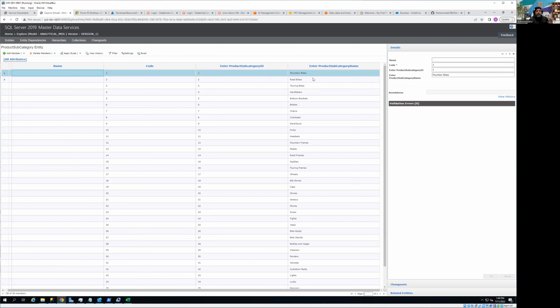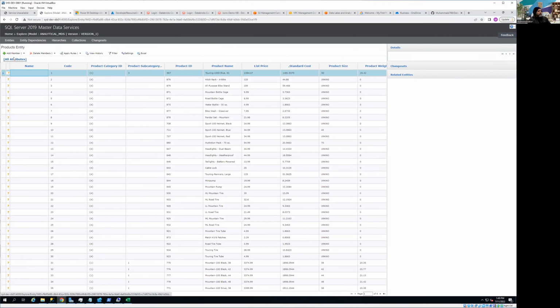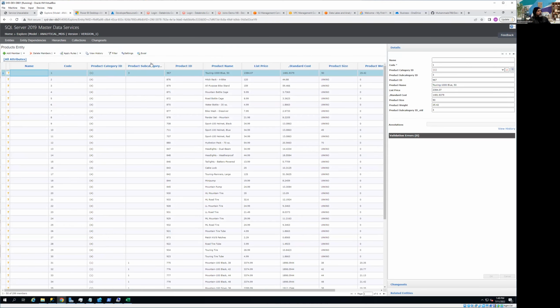Just to give you context, if you don't understand that link, don't worry, because we are going to use the product category and subcategory tables with product. So let me show you. These are all our product subcategories, and that's my product table. My product table has the product subcategory as well as the product category. The only difference in here is that